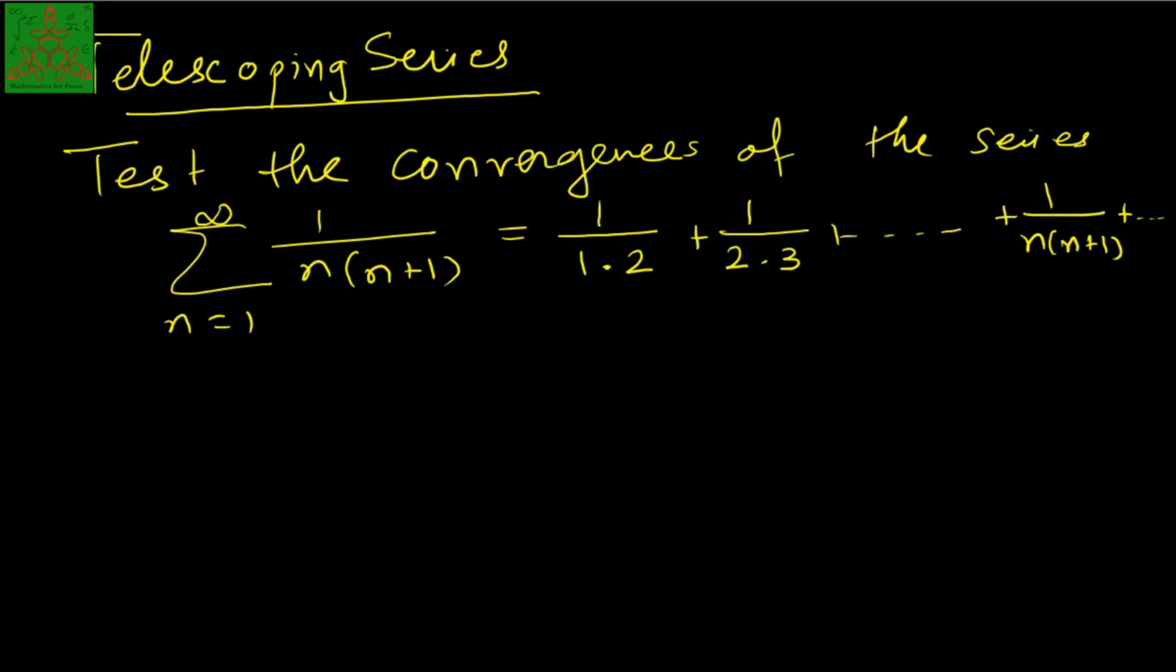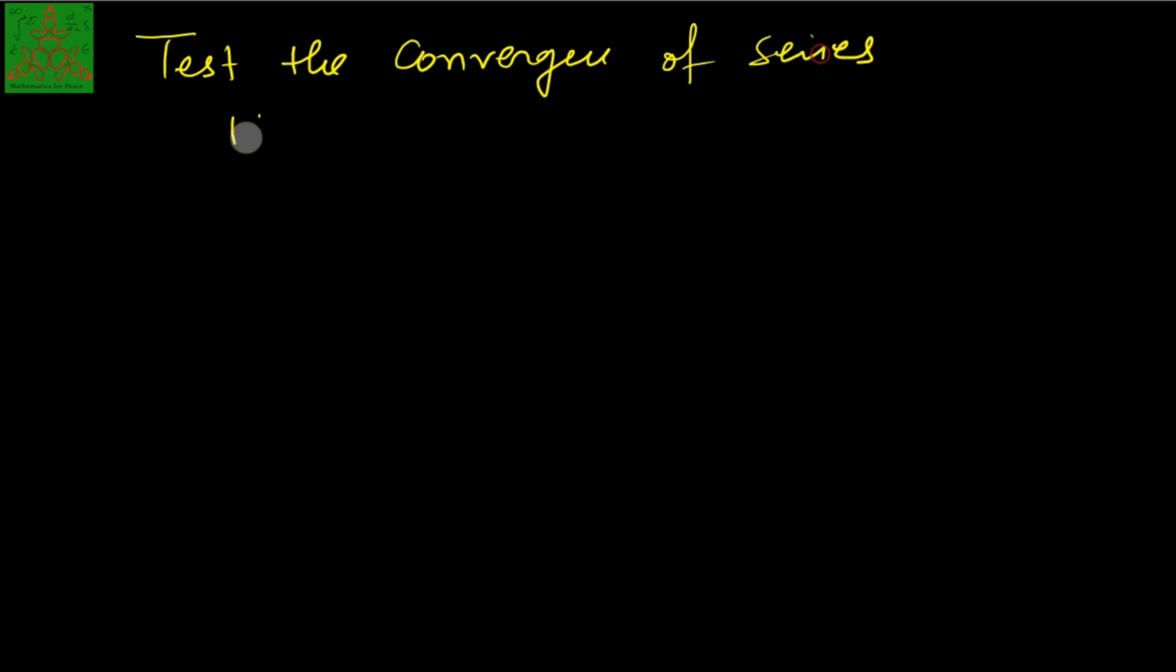Let us have the next example. Test the convergence of the series 1 plus 3 plus 5 and so on. So it is a sum of all odd terms. It is an arithmetic progression, and the difference of that arithmetic progression is 2, but it is an infinite arithmetic progression, not a finite one. So to see this one,